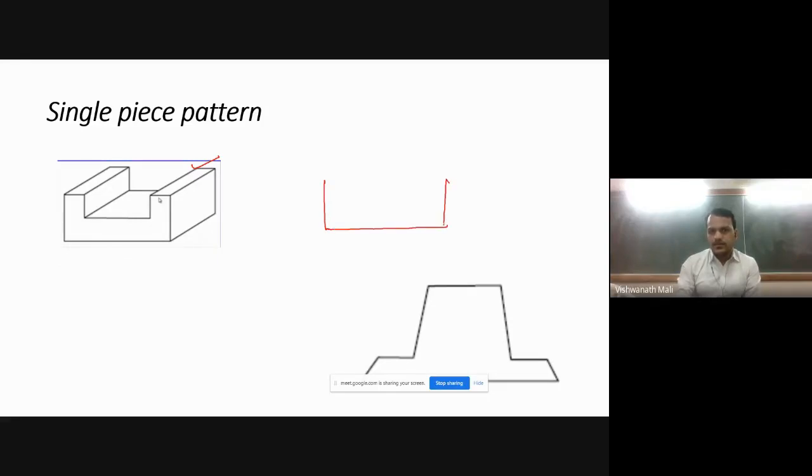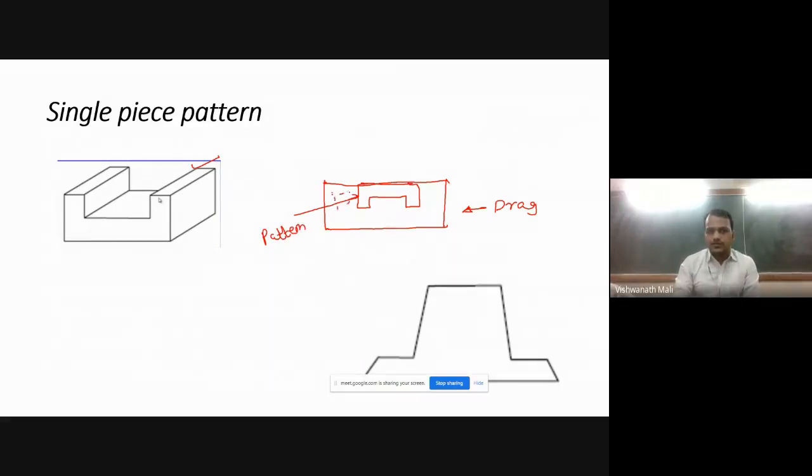Consider this is the drag, the lower part of your casting flask. So here, suppose consider this part. Okay. So we insert this, this is the pattern of your part.